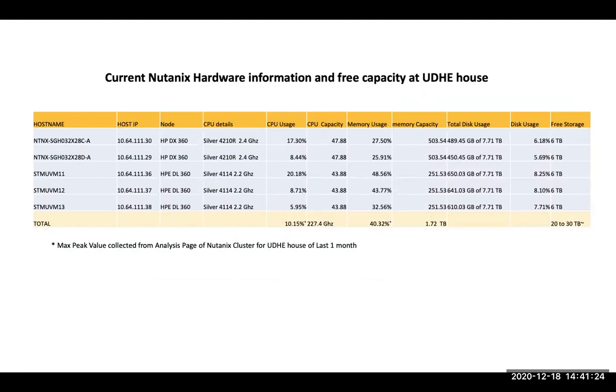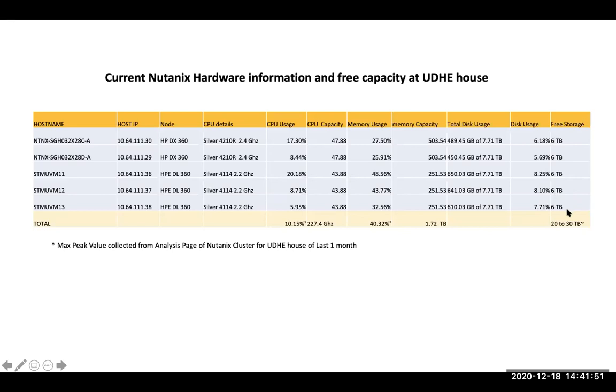It is only 10% and 40% based on the maximum peak that we have seen in the last 1 month. Okay, and the memory consumption and storage consumption. Overall, if you calculate, it already has roughly 20 to 24 terabytes free, if you calculate the free storage on the extreme right hand side.